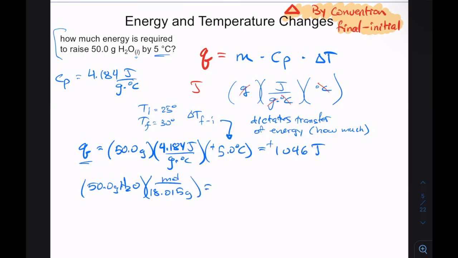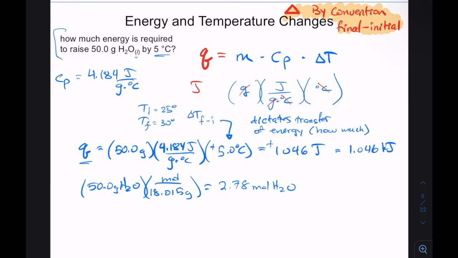50 divided by 18.015 gives us 2.78 moles of H2O. So we want to express delta H in kilojoules per mole, not joules per mole. Okay, so let's put this in kilojoules. That would be